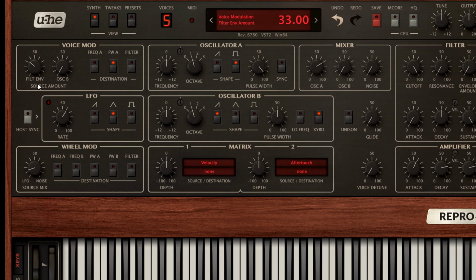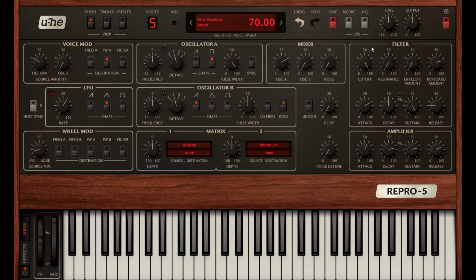Okay, let's set a more interesting envelope shape with a very slow attack and decay, and minimum sustain. And let's add a healthy release as well. Now we get a long, slow sweep of the pulse width for each note. But crucially, each note gets its own independent sweep, as each voice has its own envelope.